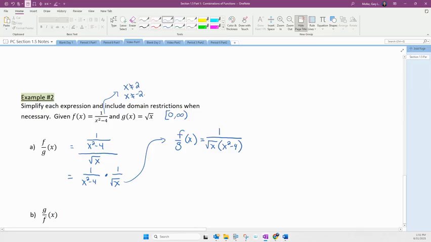And when we put all that together, looks pretty good, but one thing gets modified. We still can't have a 2 or a negative 2. We still can't be negative, but now we also can't be 0, right? 0 is not a problem here, but as soon as it becomes a denominator, now it can't be 0. So my domain is a little more involved. It's going to be kind of weird. x such that x is an element of, all right, all the things it can be. It can be negative infinity all the way up to,